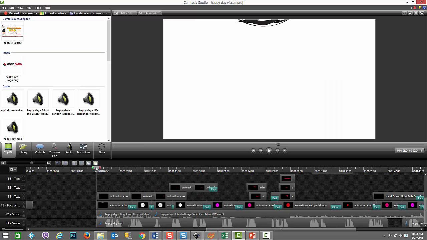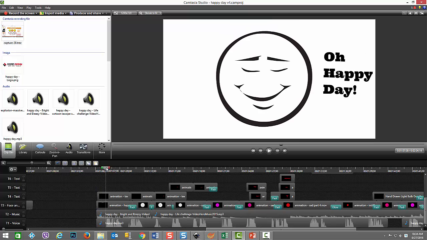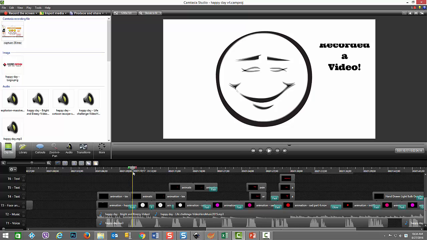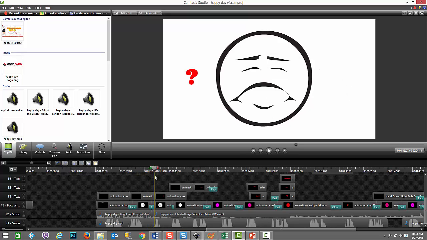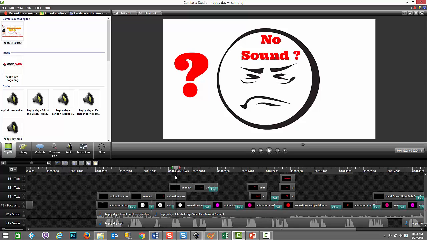So now that I've shown you how we manipulated the images to get the facial expressions that we want, I'm just going to do a quick scrub through so you can see how that's played out through the video, or the movie clip, that we did. So as you start in, here's the happy face, and you can see there are animations. We're going to talk about those shortly. So the happy face transitions into another happy face with the mouth moving a different way, and now you see that the eyes are pointed up instead of down. And then we get into the sad emotion where I flip the mouth, and then off we go into the sort of anger